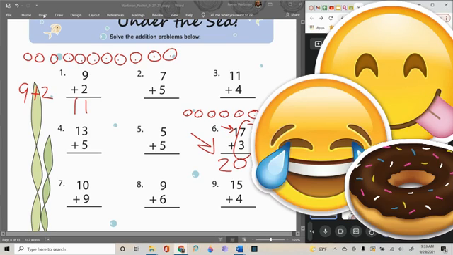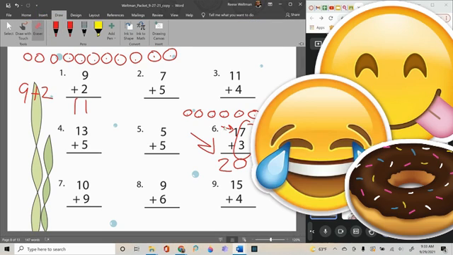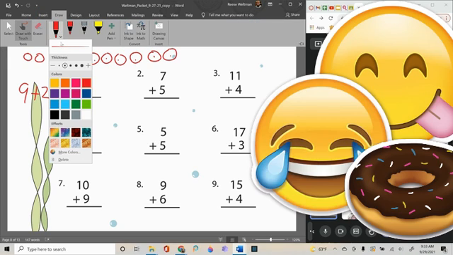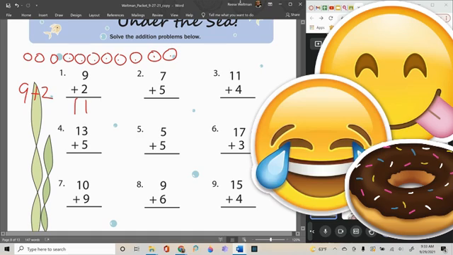The other way that you could have done that one, and again, I'm going to show you how you can draw it out, because since we didn't send home our number lines, we can draw them out. So let me show you one other way you could have done that one. And let's use a different color. So for 17 plus 3, we could have drawn out our number line too, right? Maybe not on the same piece of paper like I'm doing, but